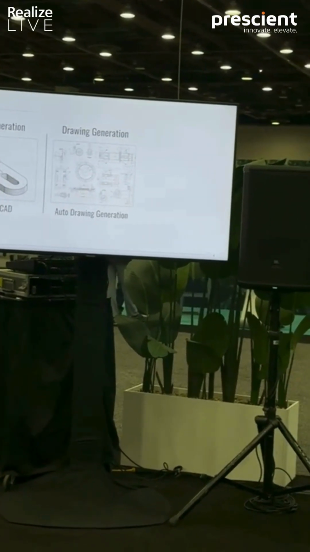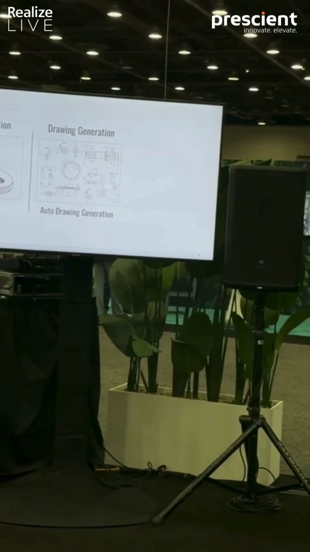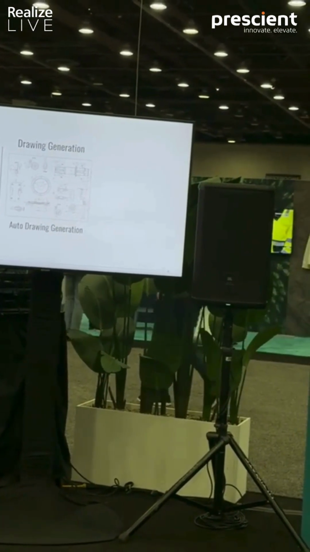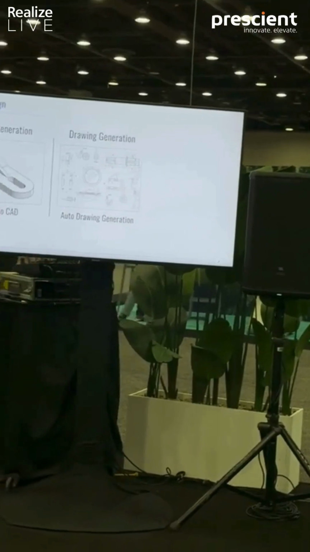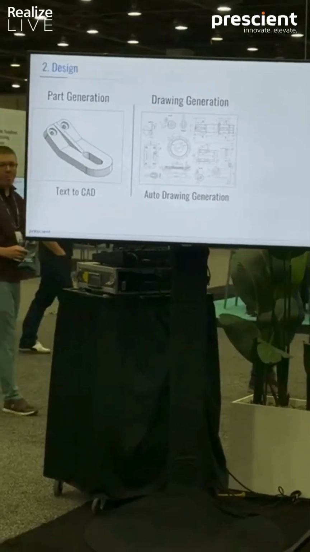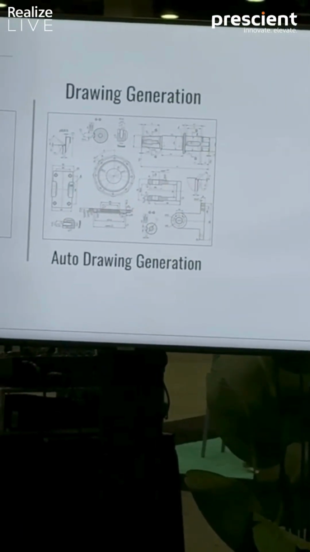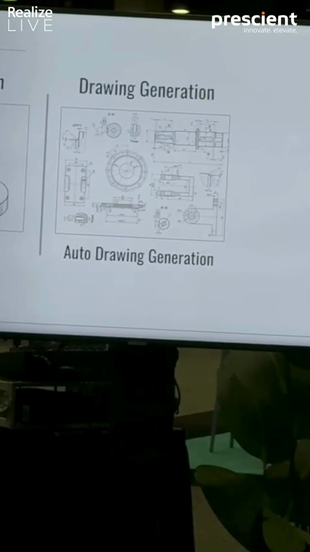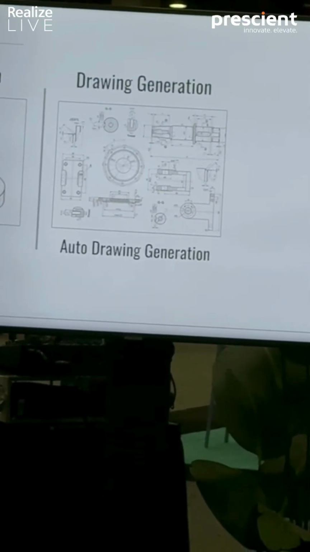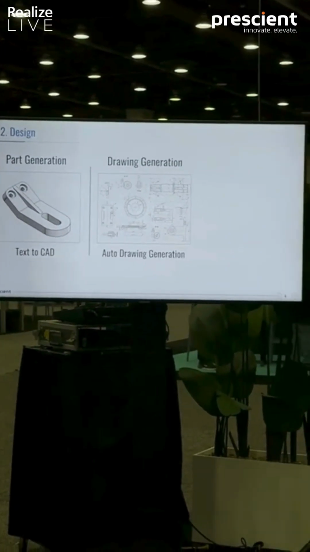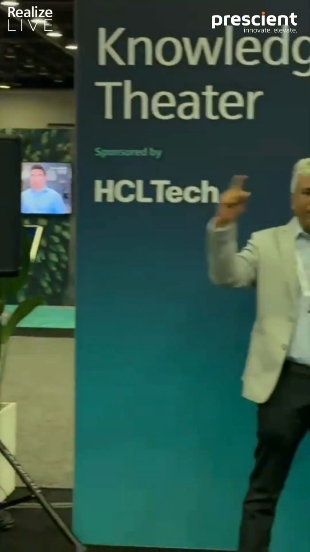Then one of our clients is asking us, can you generate the drawings? Every company, whenever they create new products, has a product line, and the next products are kind of similar, because they have done similar drawings on their earlier products. So now with just a few clicks, can you generate the drawing the way I generated yesterday or the day before yesterday? Learn from the way I went from the part to the drawings.